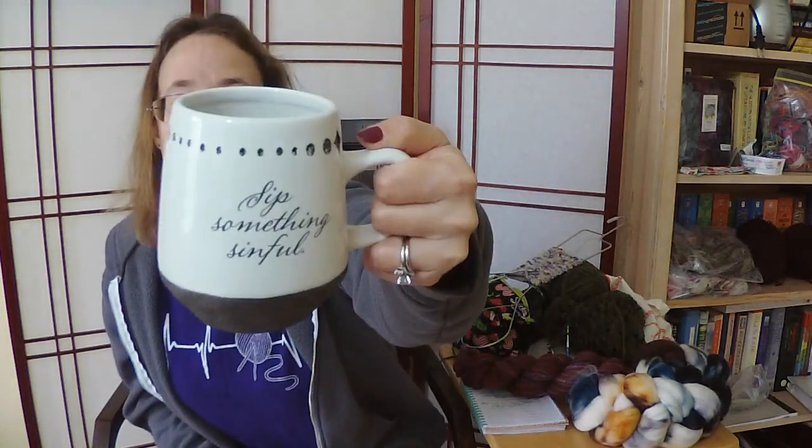As I said, I got it from my local tea shop, which is teamarketonline.com, and it is one of my favorites, and I am drinking it today in my Sip Something Sinful mug, which is a gift from my friend Anna. So this is one of my favorite teas, and delicious. It's a nice full-bodied black tea with some fruit flavors, kind of very summery fruit, and I just really, really like it. So that is the tea for today, and I am enjoying it warm because it is not super warm outside today,